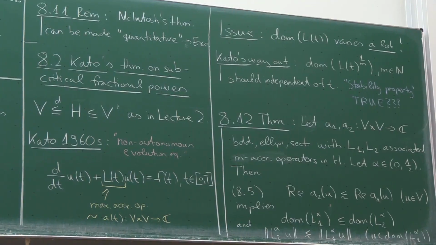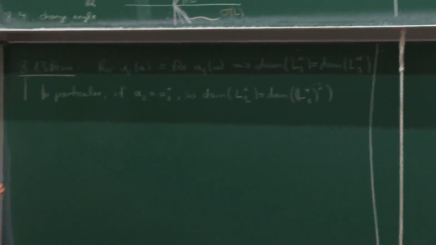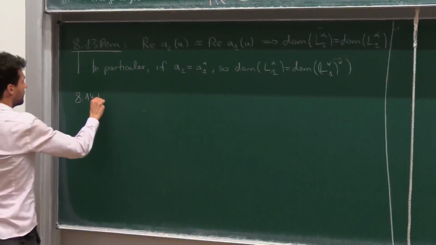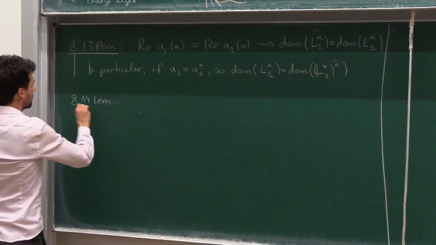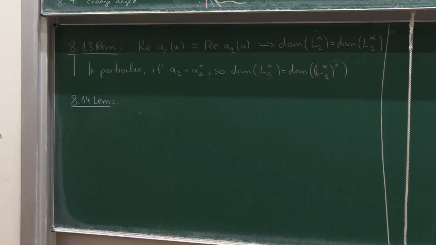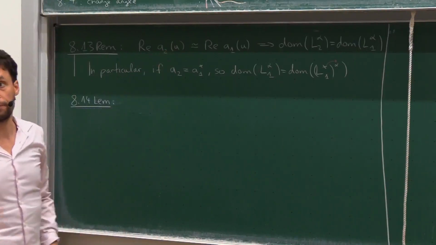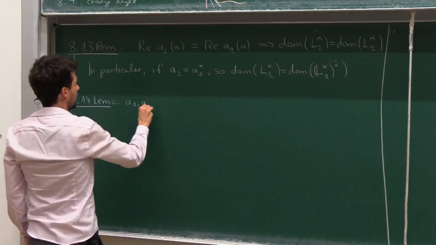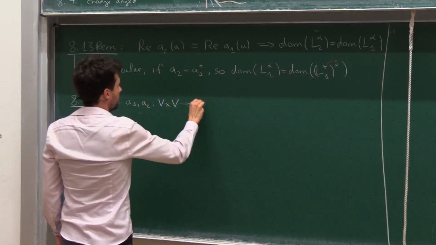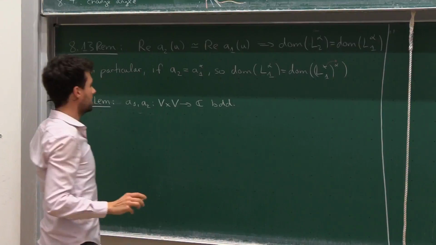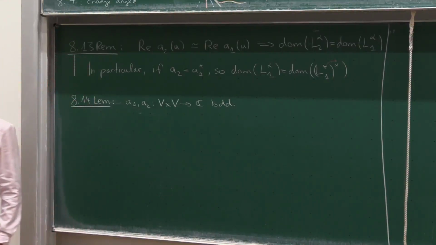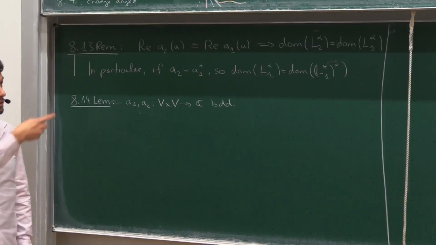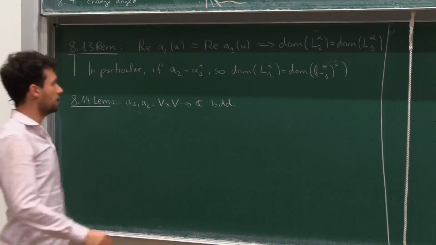All right, so as a little warm-up, I want to show you a lemma. And the lemma is going to be the way in which, on operator level, I'm going to use this assumption 8.5 on the quadratic forms. Okay, so the lemma is as follows. Suppose A1, A2 on V are bounded sesquilinear forms. If they're bounded sesquilinear forms in this setting, then I can at least construct the associated operators in V prime or in H. And also suppose